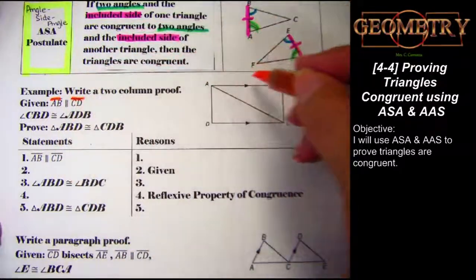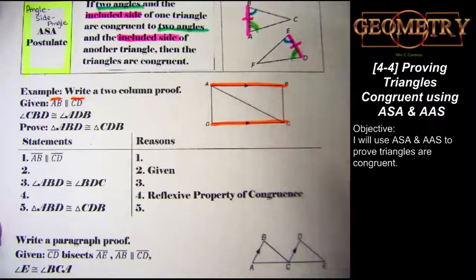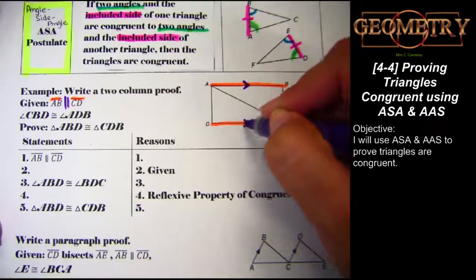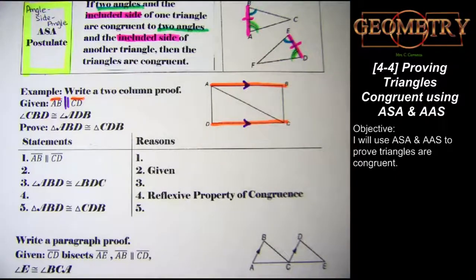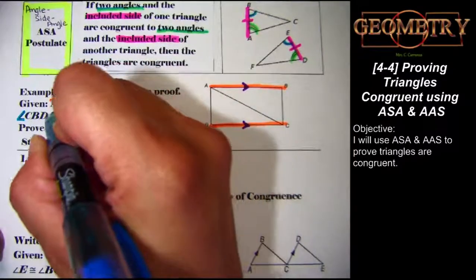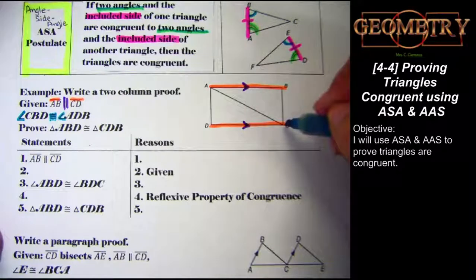So my given states that line segment AB and line segment CD are parallel. So those are the two line segments that we're talking about, AB and CD, and we're told that they are parallel, which means I need to put in the little arrowhead. It was already done for us, but I went ahead and made it more visible. The next thing that this says is that angle CBD is congruent to angle ADB. Angle CBD,